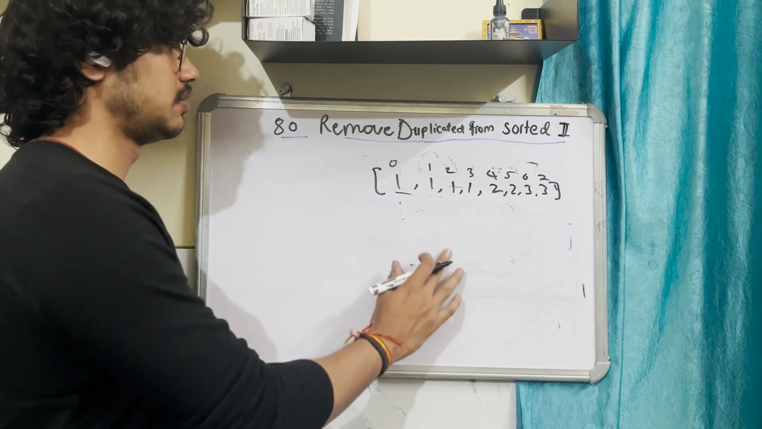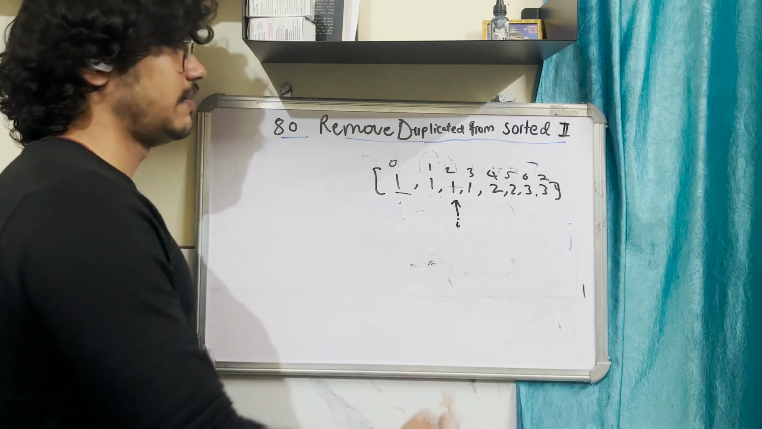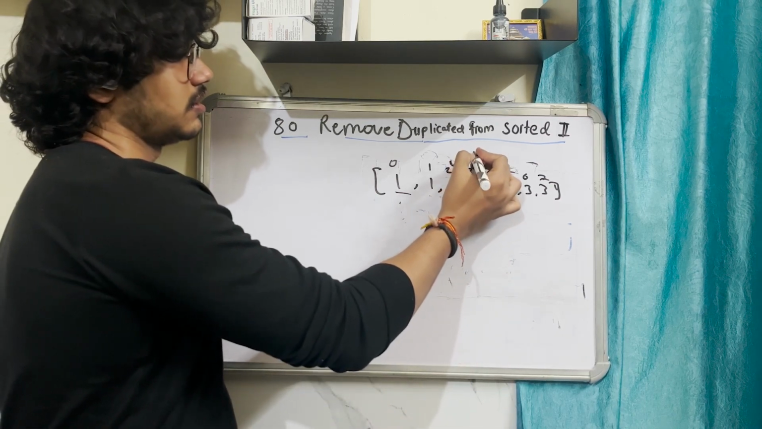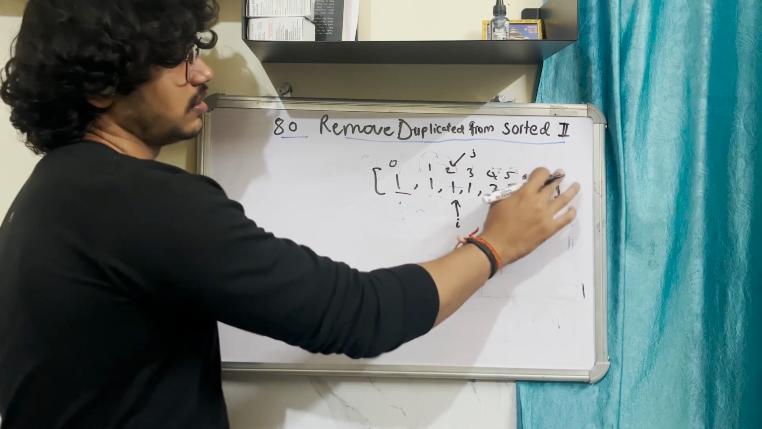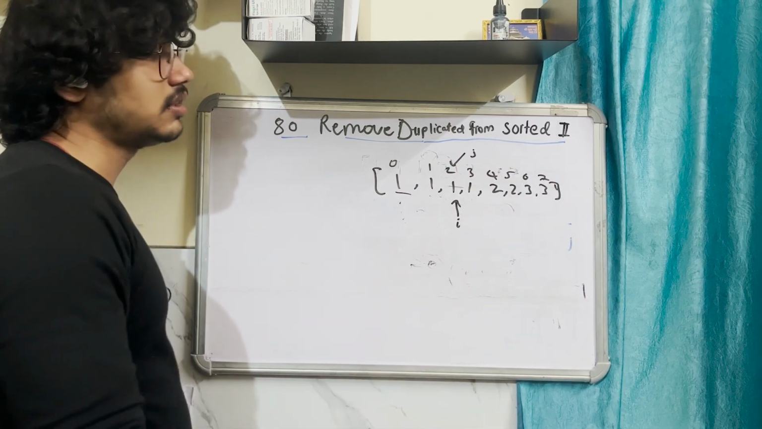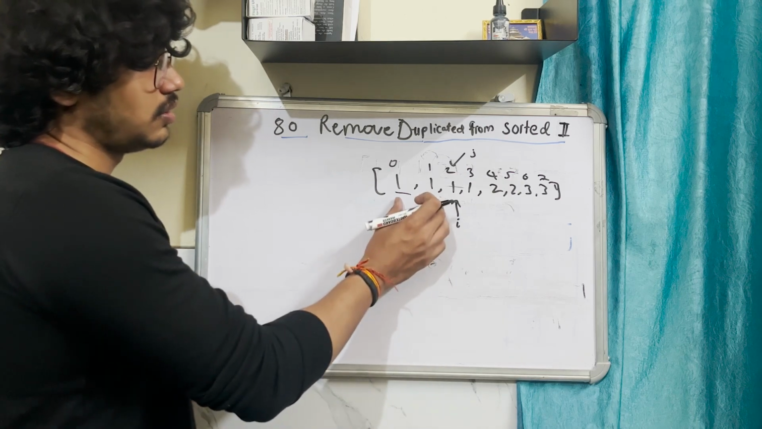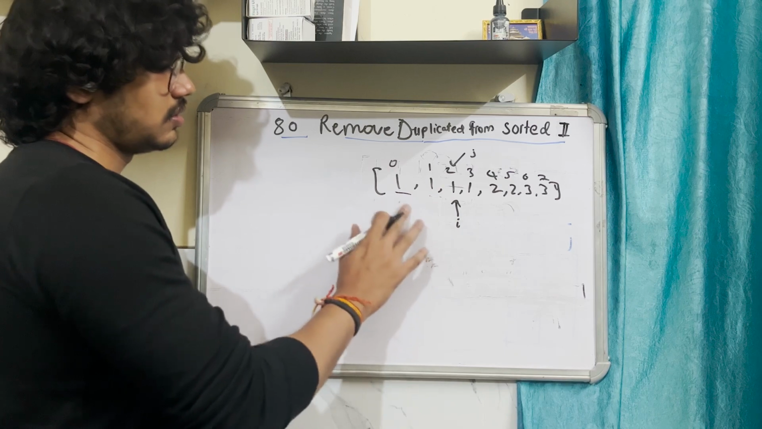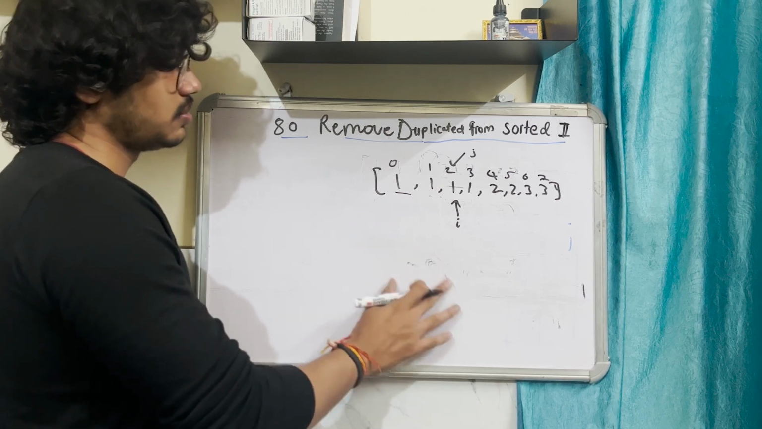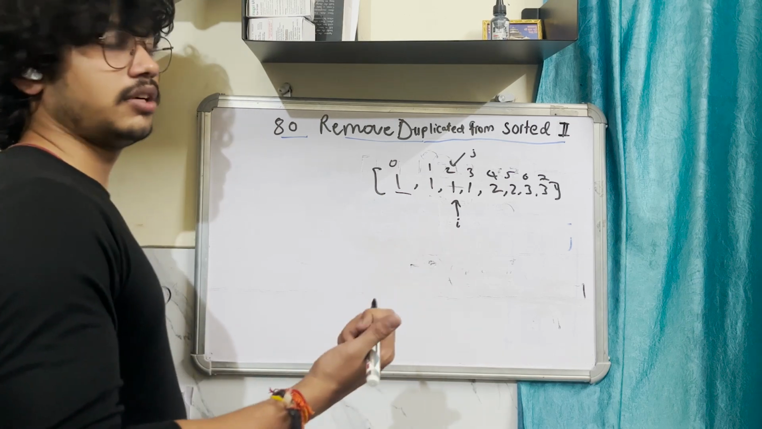Like we came here, and we have another pointer j. You can see j is traversing in linear time. i is just tracking whether we have 2 elements or not. The occurrence of that element is 2. So what we can do is check